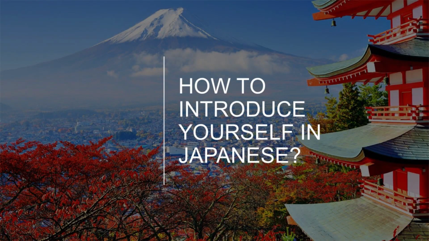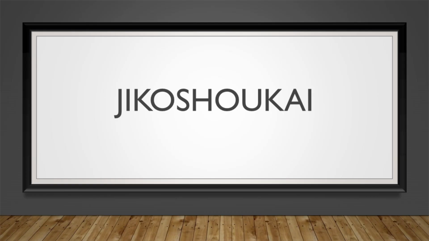So I guess we've practiced some of the basic desu sentences and also had a look at the comparison between subject versus context prominence, the difference between English and Japanese language. So moving to the next topic, how do we introduce ourselves in Japanese language? Self-introduction in Japanese language is known as jiko shokai. The word jiko means self and shokai means introduction. So hence the complete word jiko shokai.